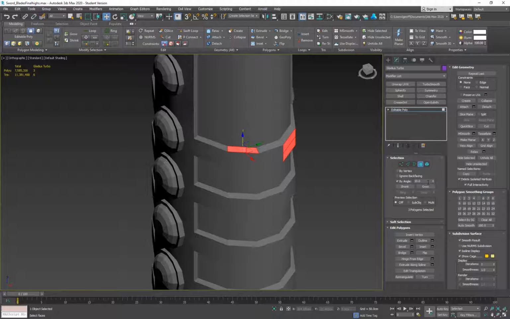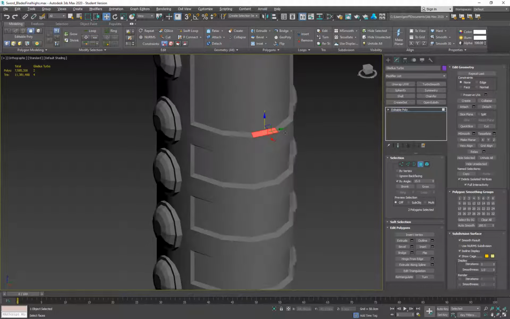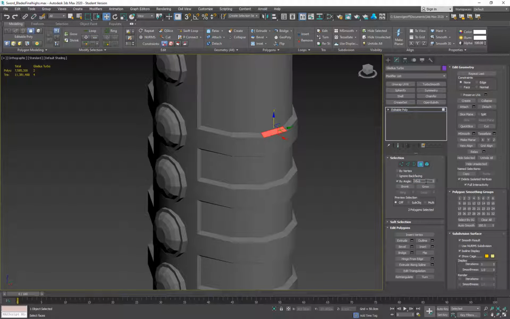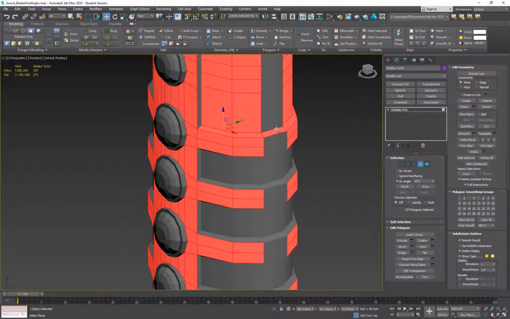Now I need to grab all of these, so I'm going to change this to 15 to see if I can get a little bit better of a grab here. Now how about 30? Well, that's too much. There we go. 30. Nope. You suck. Okay, ignore back facing 30. 30, 30, 30. These are not touching because I'm going to